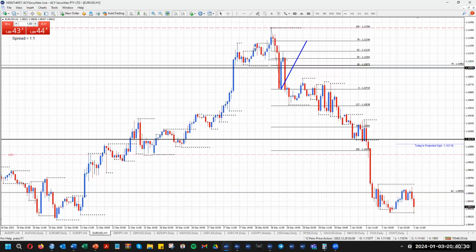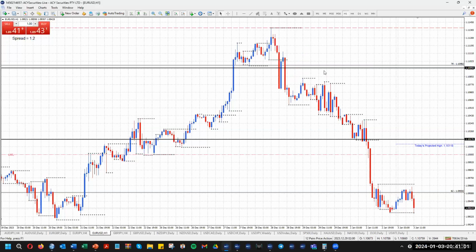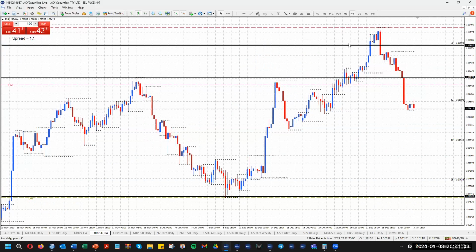So sometimes you can have different entry techniques that you may be looking to trade. If you use a 100 pip entry technique there, you would have gotten in. If you're looking for price to come down and then rally back up for, say, a 79% retracement, it doesn't offer it. The market wants to offer you what it wants to offer you in terms of a pattern at times, and it doesn't offer you a 79% retracement. So if you're waiting for that, then you can't get in. And you just have to live with it and wait for the next opportunity. All right, so if you did use the 100 pip entry method up here, that was the way to go,